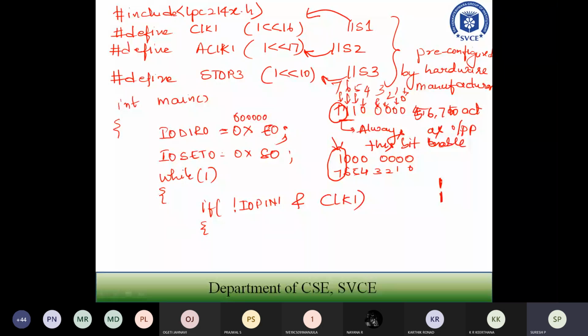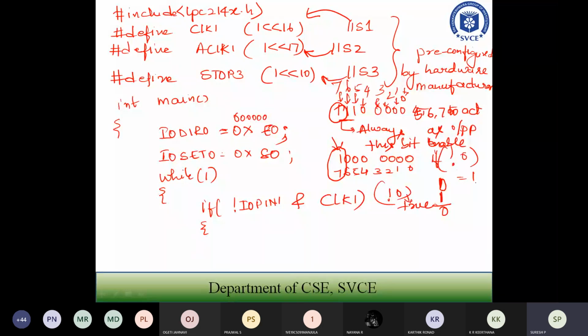If the pin is, assume, 0, then I do the AND operation. 0 AND 1 is 0. Then not 0 is true, so not 0 is equal to 1.